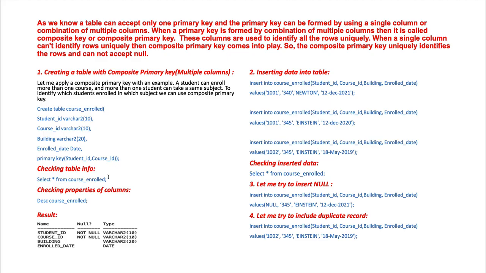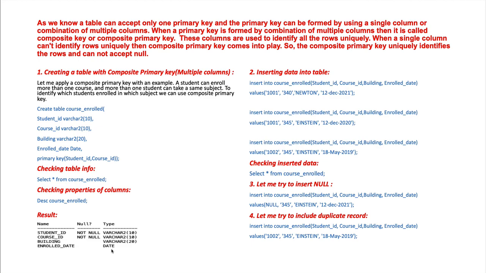We can check whether it can create the table or not by using select star from course_enroll. When we run this code, then we will observe a blank table with column names. Next step, we can check characteristics or properties of column by using describe statement. In short form, we can use DESC, table name. It will display result as shown below,